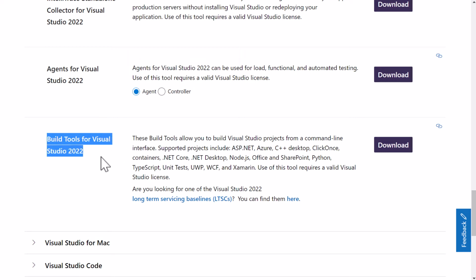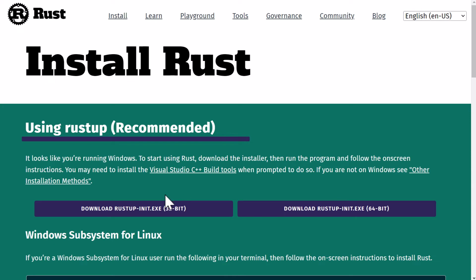Build tools for Visual Studio 2022. Download it and then simple installation. Once you are done with your installation for build tools, you can go to the Rust website, and from here you can download your respective executable file. If you are running on a 32-bit system or on a 64-bit system, download it, install it, and then it should